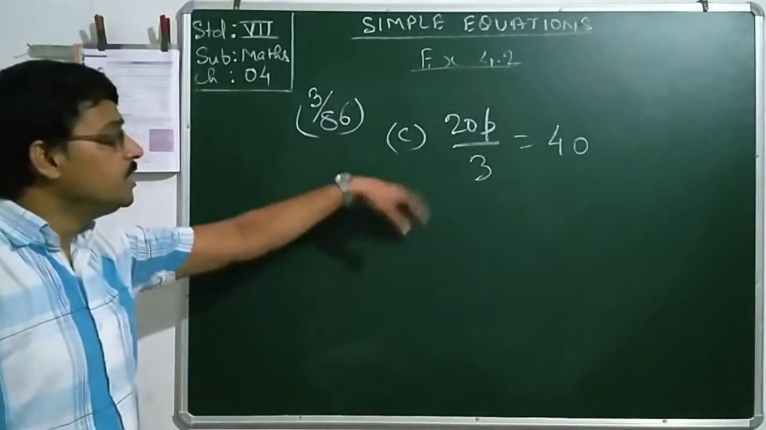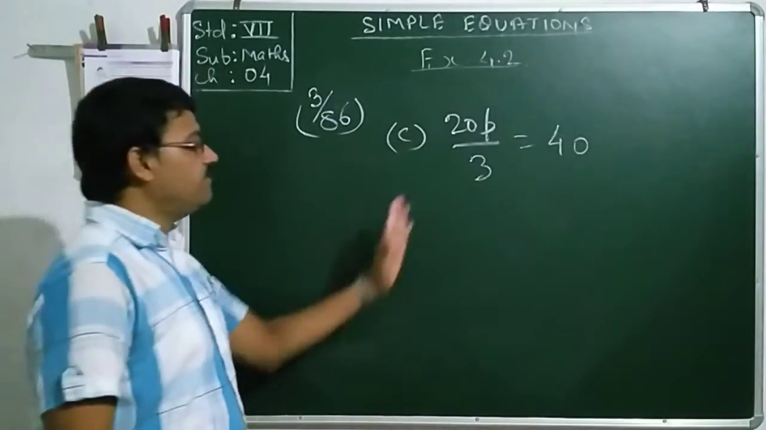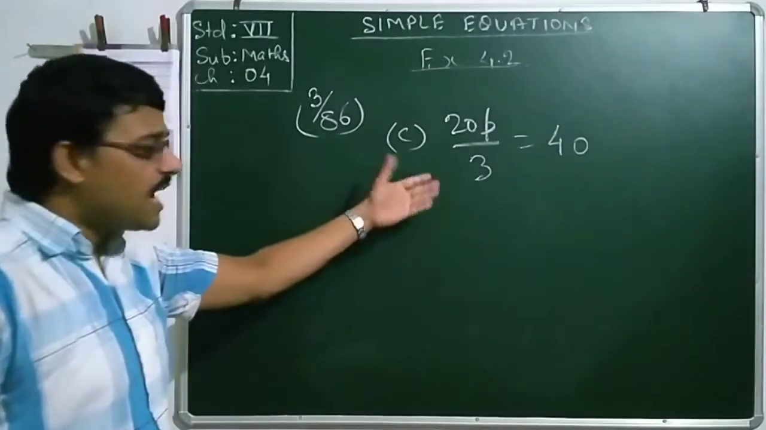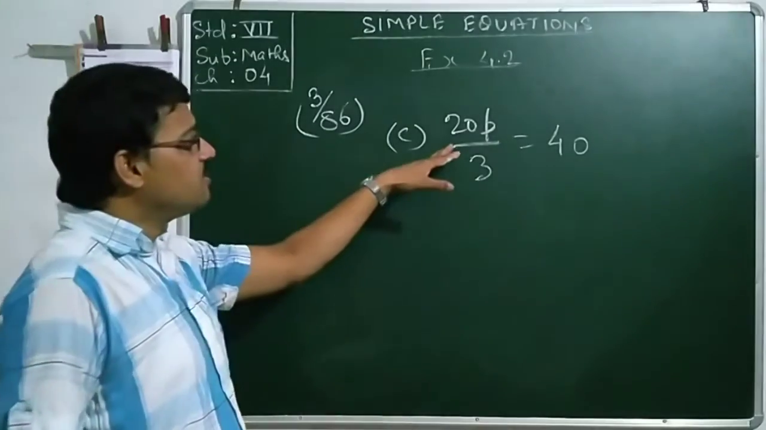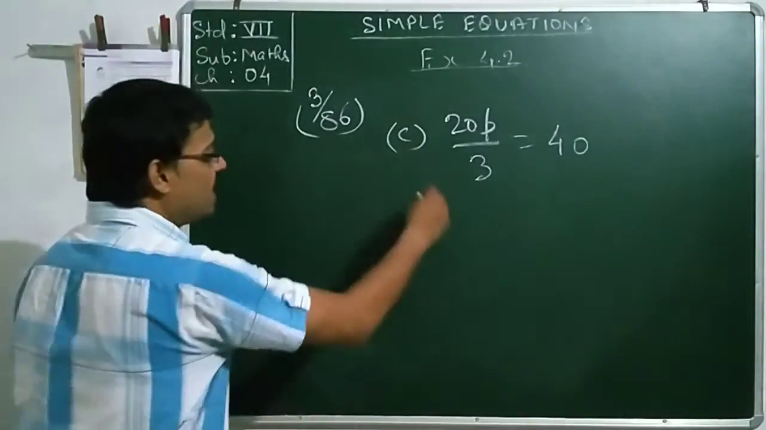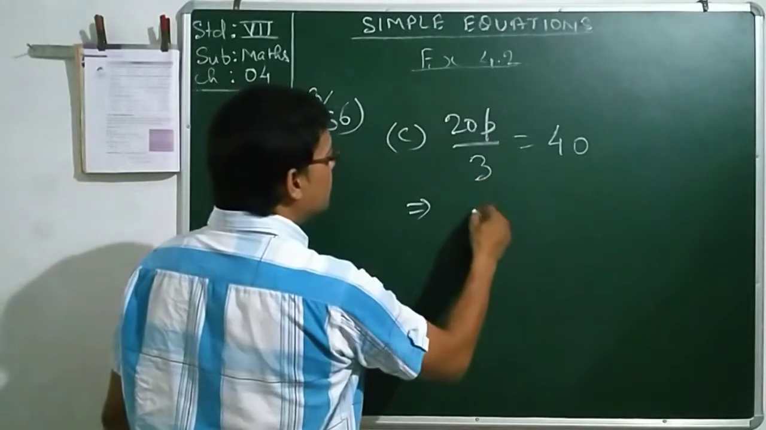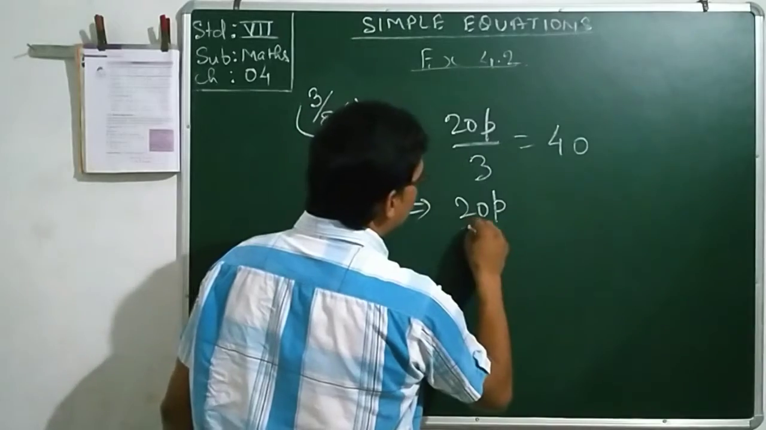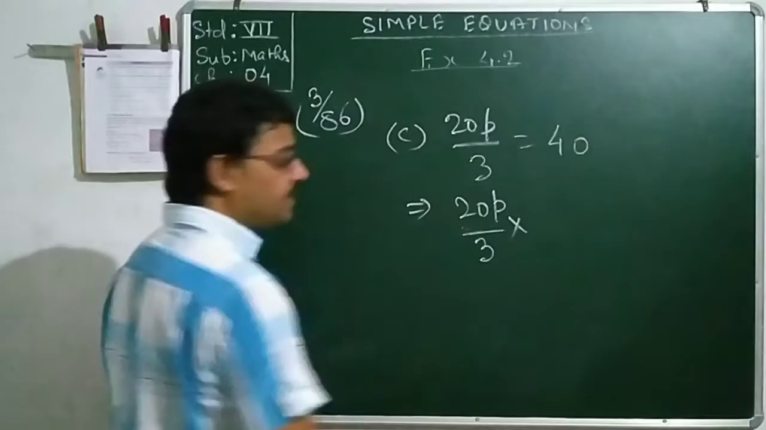See, in this sum, we have a fraction multiplied with the variable. We can directly send this fraction to the RHS, as this term will be inverted when it goes to that side, and the step will be very similar to this. 20p by 3. If you multiply here